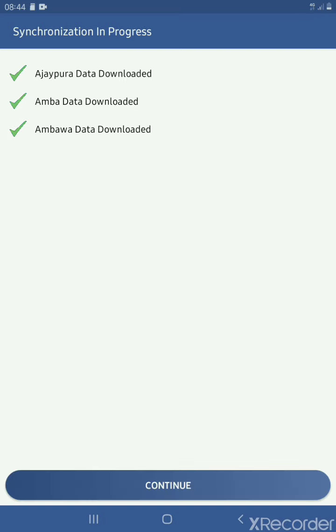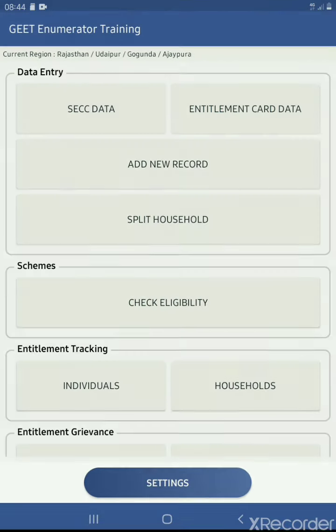When this historic data gets downloaded, we can see the continue button at the bottom, and we have to click on this continue button.